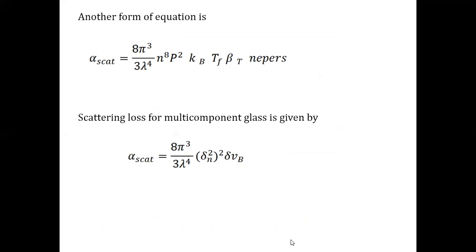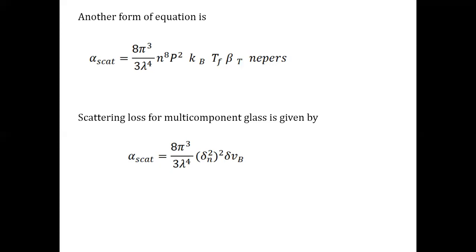So here the change is that we have n square minus 1, the whole square, which can be replaced by n power 8 and p square. This p represents the photoelastic coefficient. The scattering loss of multiple component glasses is given by alpha scattering equal to 8 pi cube divided by 3 lambda power 4, delta n square the whole square, into delta v. Here delta n square is the mean square refractive index fluctuation, and delta v is the volume of